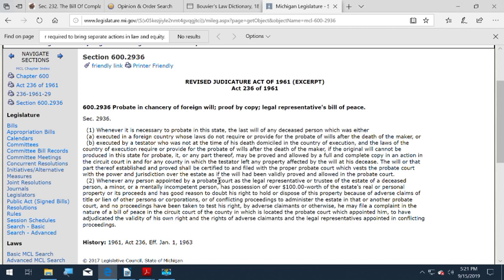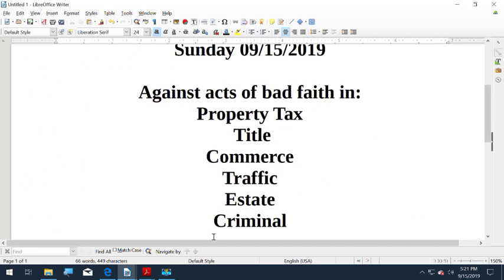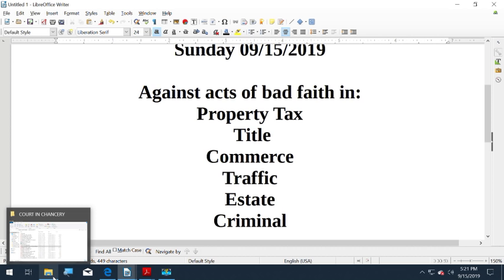So that's the estate side. And then just because I was looking at all these different things that came up, I had looked at a number of court cases. What I had done is go to the state's website to look at